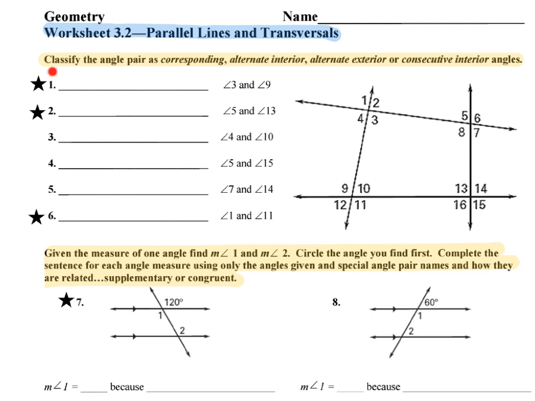This first section asks us, the directions say, classify the angle pair as corresponding, alternate interior, alternate exterior, or exterior angles. So when we do this, we have to identify the two angles that we're talking about, and then we want to figure out where they are. So the first thing I'm going to do is highlight. So I have angle 3 and I have angle 9. And when I look at those two angles,